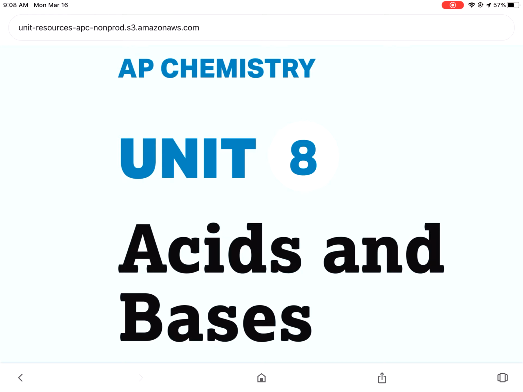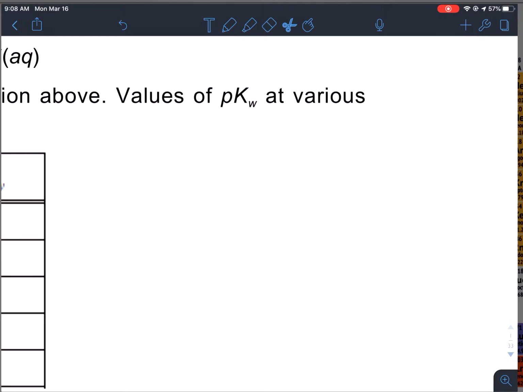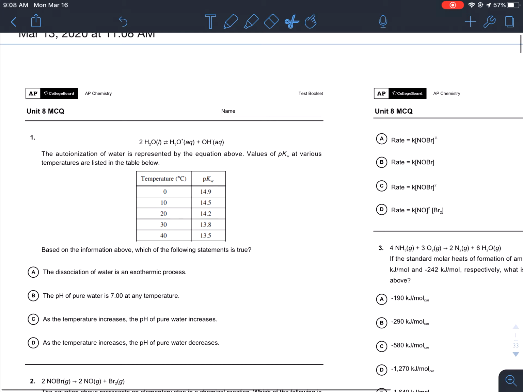All right, we're on Unit 8, acid bases. We're just starting the MCQ, so we're on question number 1. It looks something like this. All right, let me get into some explanation on this question because this needs some